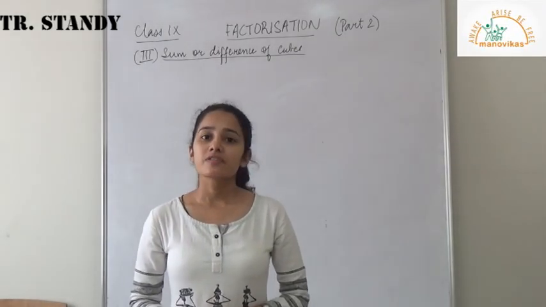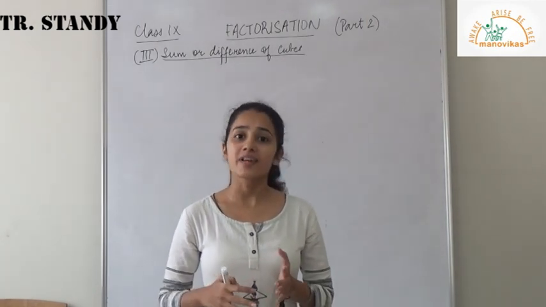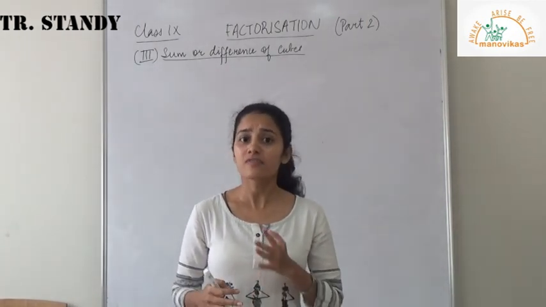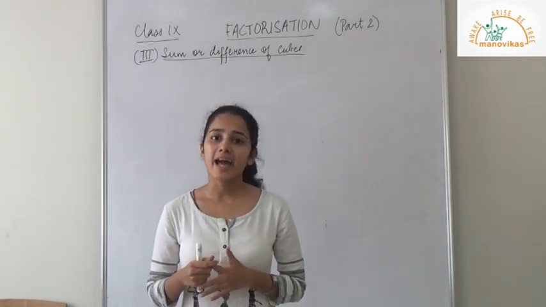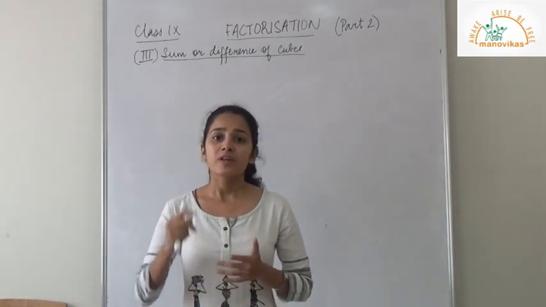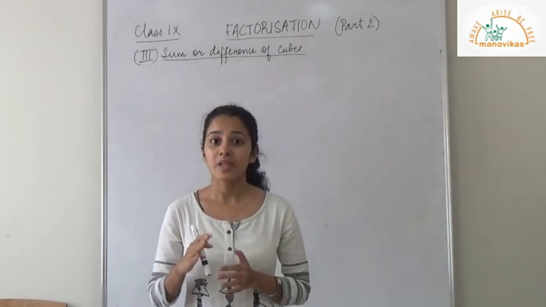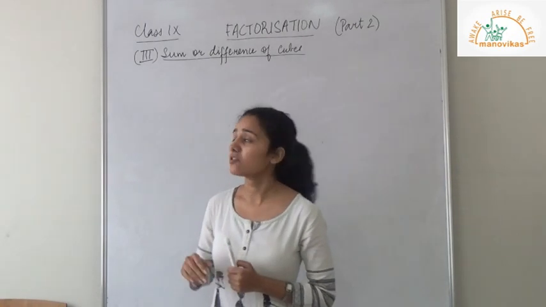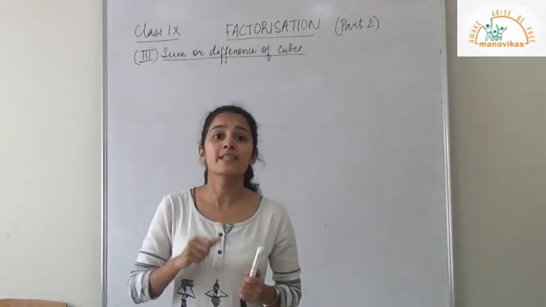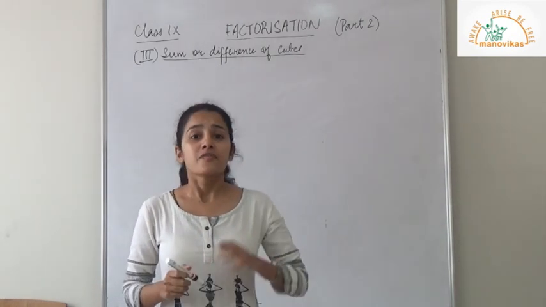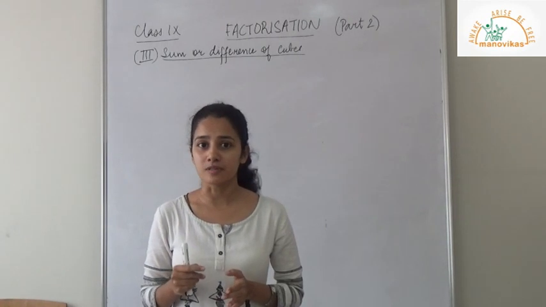This video is the continuation of the previous video on factorization, where we learned how to factorize an algebraic expression using three methods, which were taking out a common factor, grouping and difference of squares, wherein we took taking out the common factor and grouping as one method. In today's video though, we will be learning the third method to factorize the algebraic expression, which is sum or difference of cubes. This method is used if the algebraic expression has at least one cube term.